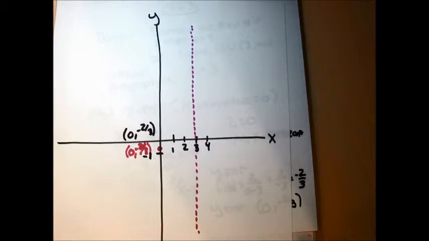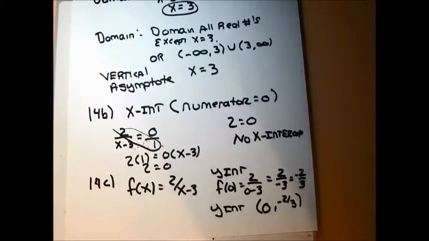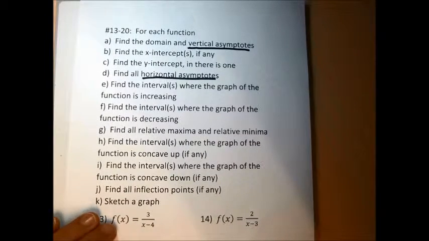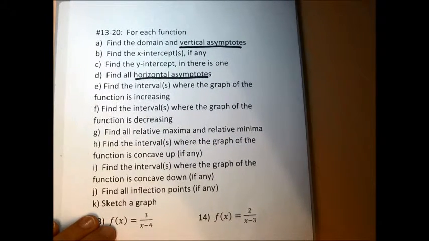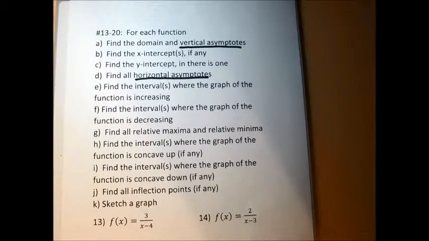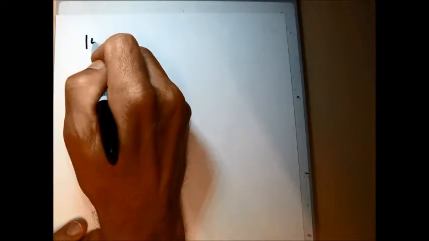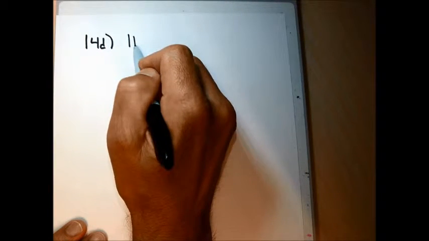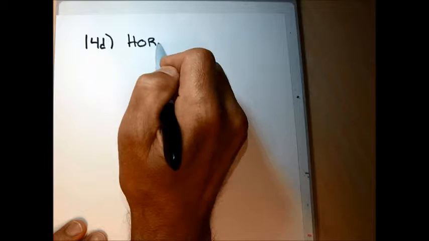All right, so done with this sheet of paper because I'm kind of out of room there. And now I'm moving on to part D, the horizontal asymptote. And for a fraction, it's enough to just find the limit as x goes to infinity to get the horizontal asymptote. Technically, you should do 2 limits, and I'll show you technically what you're supposed to do, but it's enough to do this. So to find a horizontal asymptote,